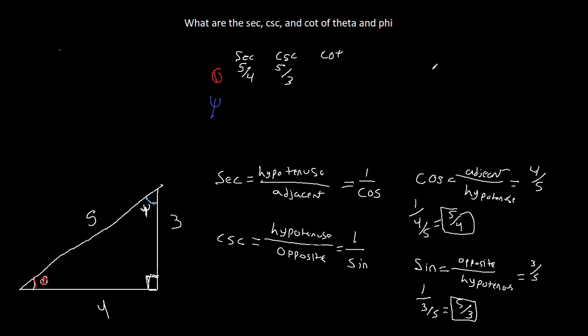Finally, I want to do the cotangent. All right, the cotangent is going to be adjacent over opposite. So for theta, our adjacent is going to be this side 4 here. And our opposite is going to be this side 3 here. So 4/3, right? But we also know